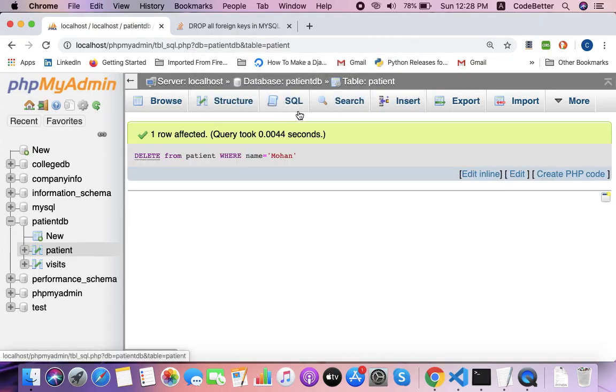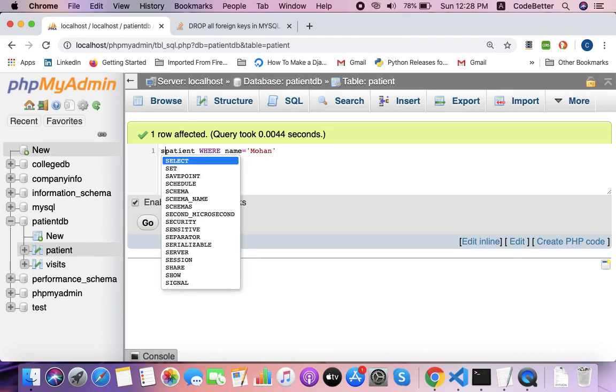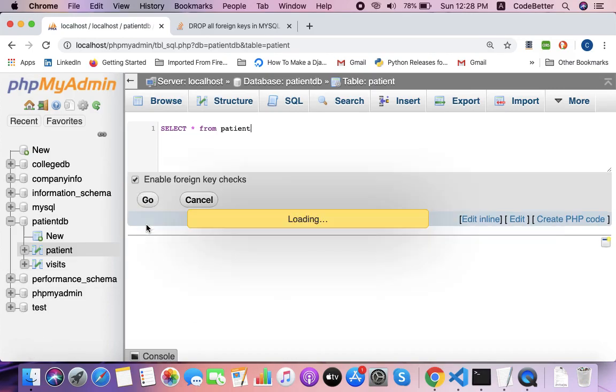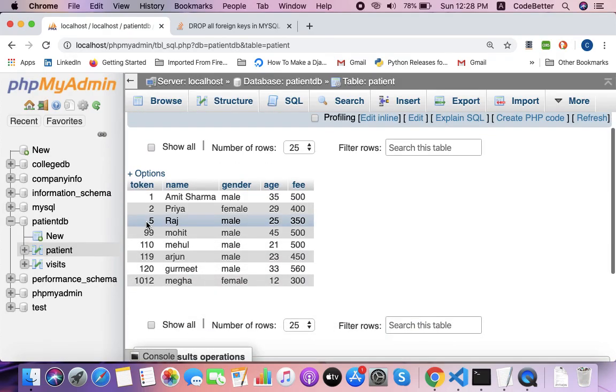It's deleted. Let's check it: select star from patient. You can see that Mohan's record is not in the table.